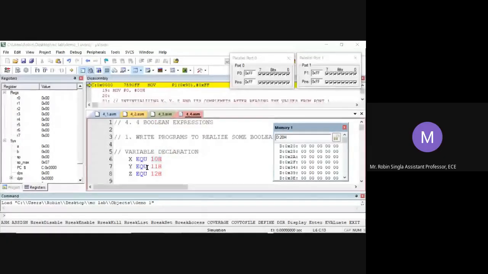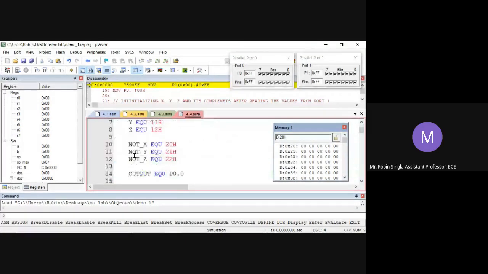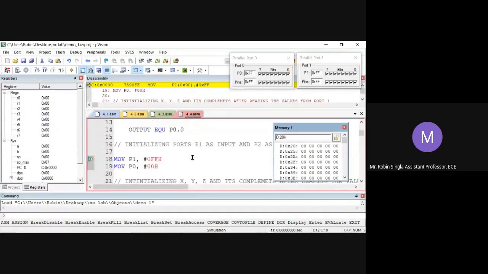So X is 10H, Y is 11H, Z is 12H. It means these 3 bits are of memory location 22. Not X is 20, Not Y is 21, Not Z is 22. Means from byte memory location 24. And output is equal to port 0. Whenever we write output, it means we are addressing port 0. Okay.